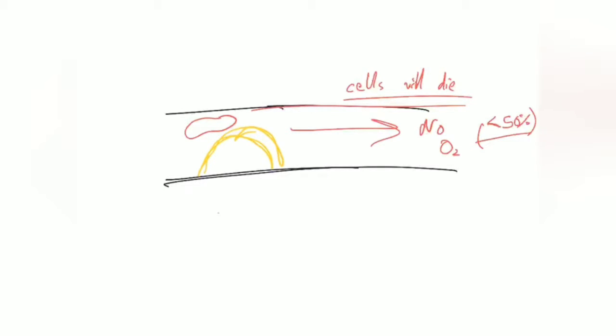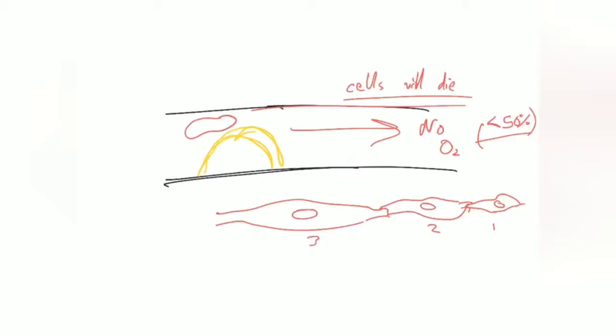And then when a cardiac cell dies, and here I'm actually drawing a heart cell. So here's 1, 2, 3. And the thing is that these heart cells kind of work together. So if this contracts, if this moves, then this one moves, and then this one moves, and so on. However, if say number 2 dies, 1 will move, but then 3 will not get the message, and it will not move,